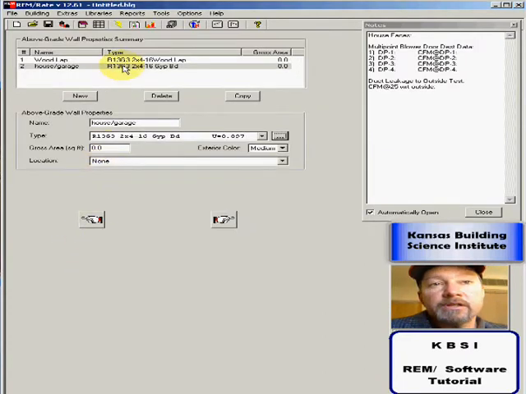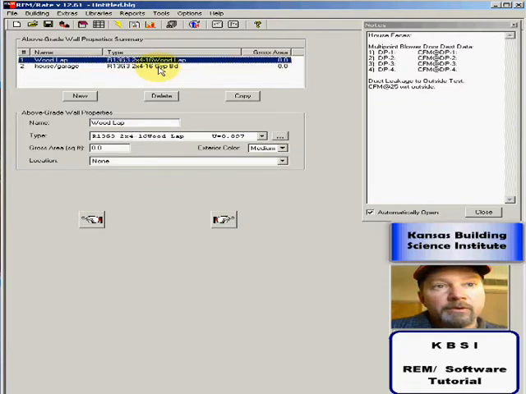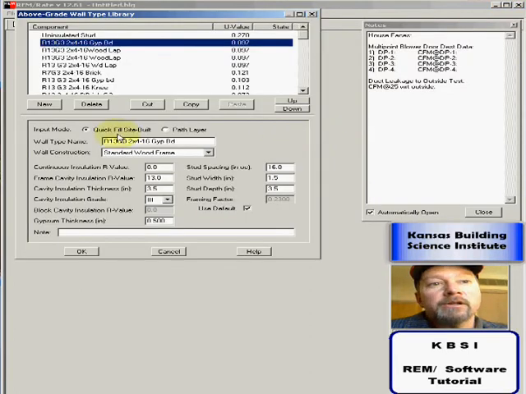Now I've created exactly the same wall as I did before. I just named the library differently. And I can see that it's the same because if I scroll back and forth between these two, I have the same U value in there. Okay, I want this wall to be different though, so I'm going to go back into the library and edit